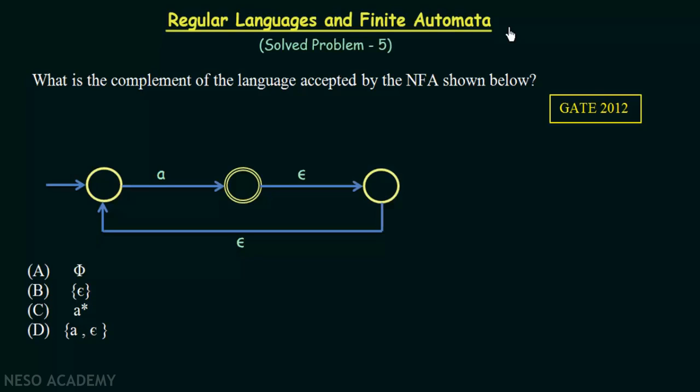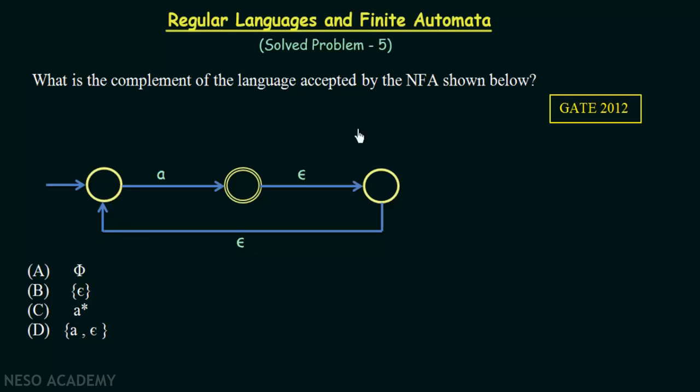In this lecture, we'll be discussing another solved problem from regular languages and finite automata, and this problem is from GATE 2012. Alright, so let's see what this question is. It says: what is the complement of the language accepted by the NFA shown below? So we have an NFA given here, and the question is, what is the complement of the language accepted by